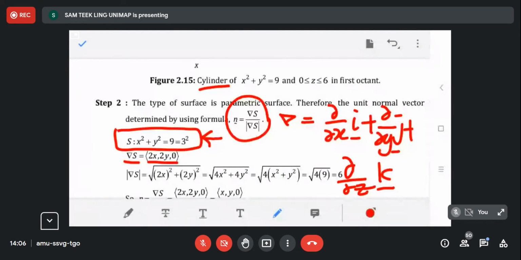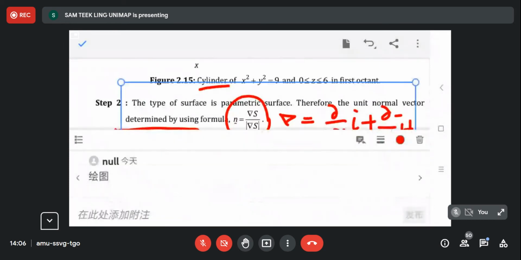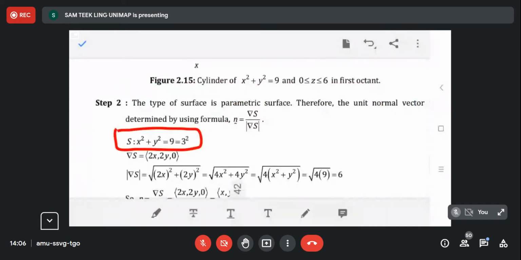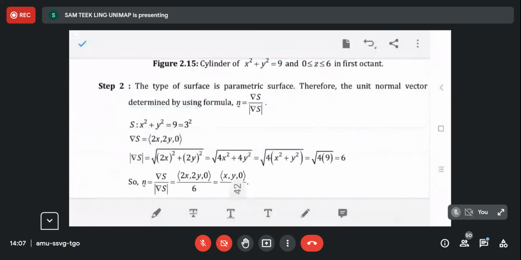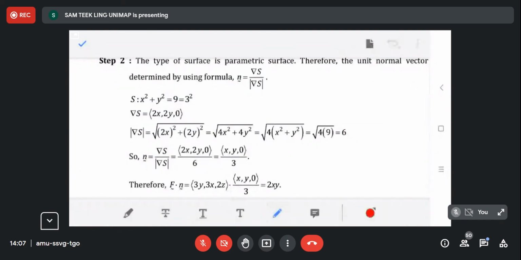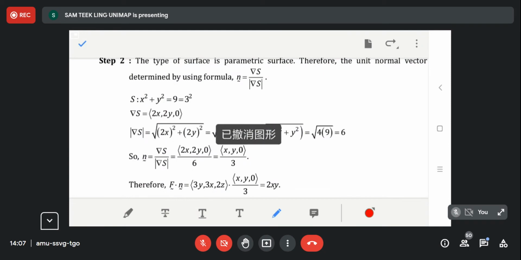Now in vector, your del S in vector. After you find your del S, we will find our magnitude. Power 2, then square root. So you expand, you rearrange. So